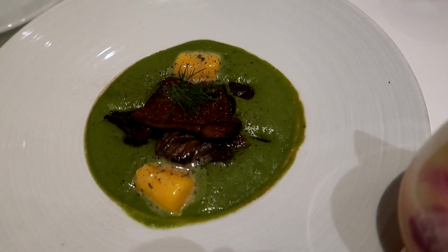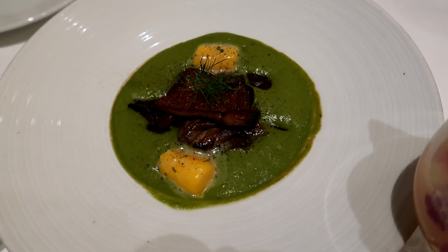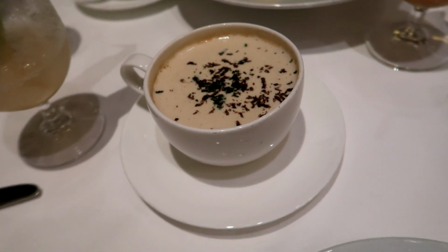That looks like meat to me, but it is not. It is mushroom. But then there's that cappuccino. Look at it, so good. Trying the ragu here first with everything on it. Wow. Okay. A lot of mushroom stuff happening here. This is...